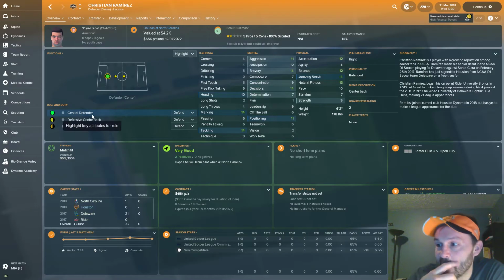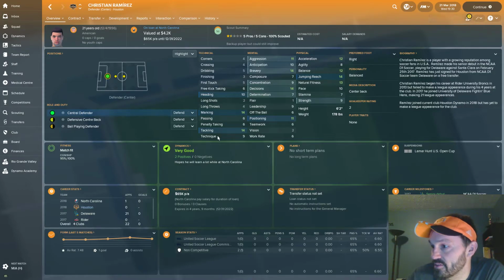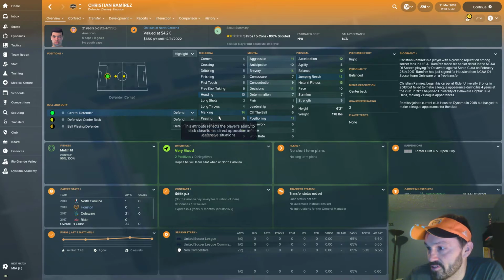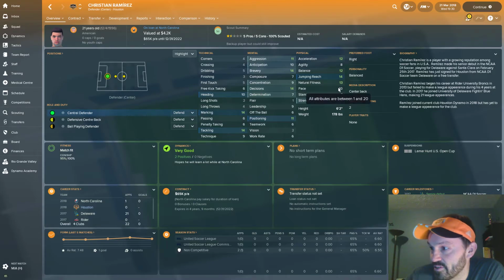Ramirez at center back. Center back was a place of need, and Ramirez is good in the technicals. He's already pretty good. He's one of my best tacklers and markers. I don't have many defenders with ratings that high in both of those categories. He needs to improve on his heading, and I would like for him to be faster because I do play with a higher line. But in his development,